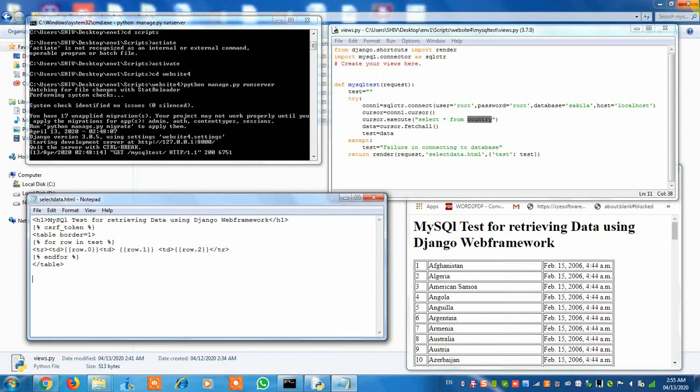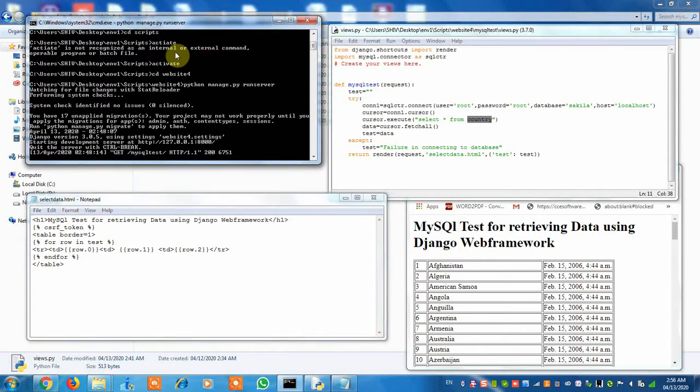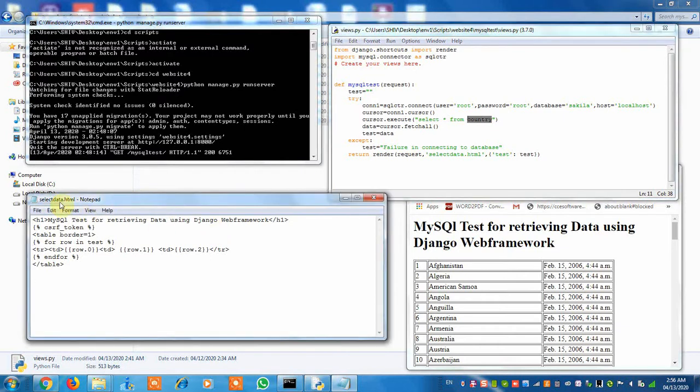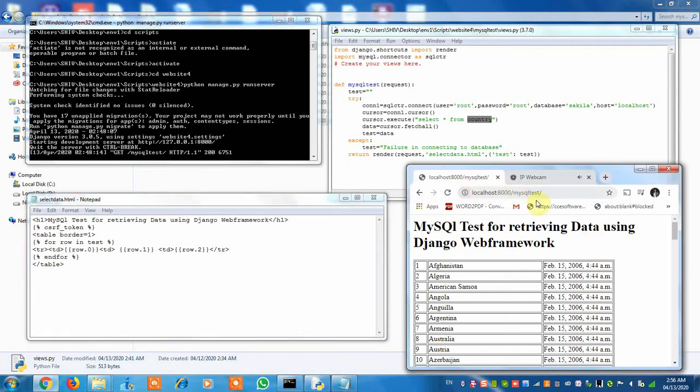Here on the screen you can see that four windows are visible. This is the first window, a command prompt. The second window shows the views.py file, and this is the select_data.html file, and this is the Google Chrome browser, and on this